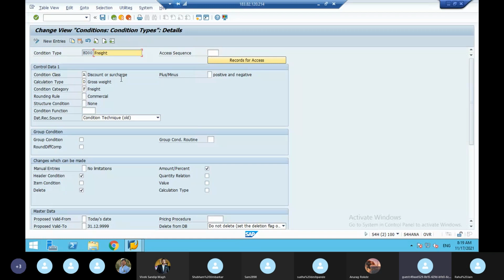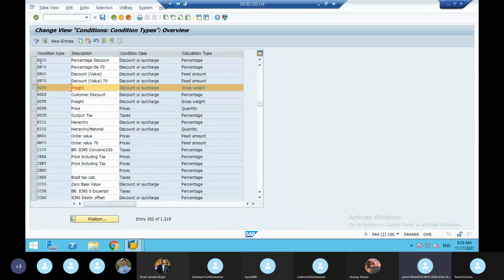That is why freight will be calculated based on the customer for the export business scenarios only. Freight will be calculated based on the material only for the domestic. So that is why they will ask in the interview, name some header condition type. First they will ask, can you name some condition type? You have to say header condition types.